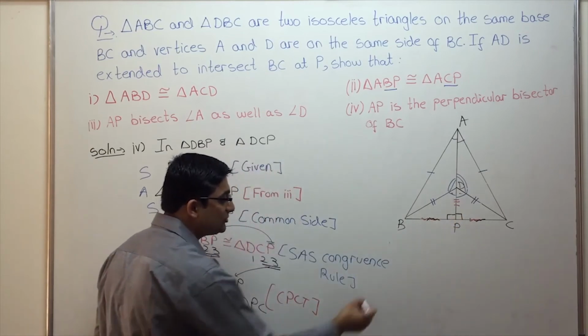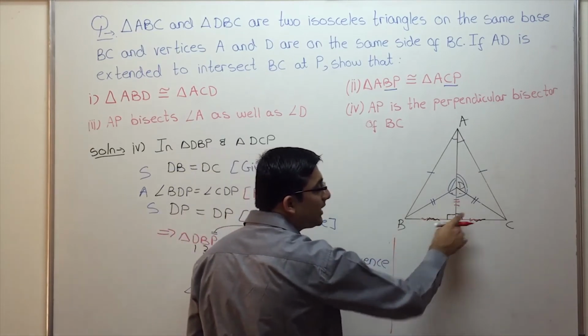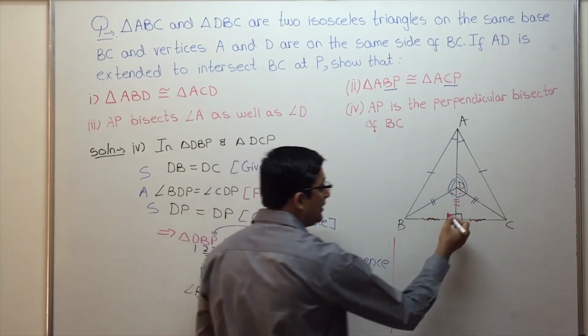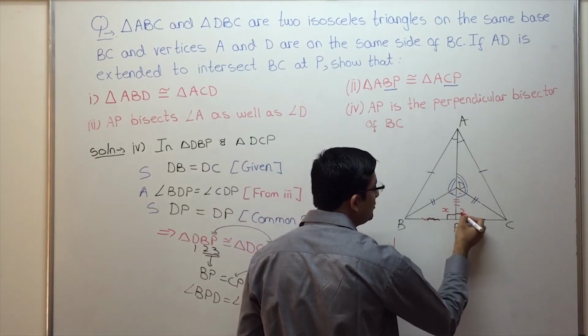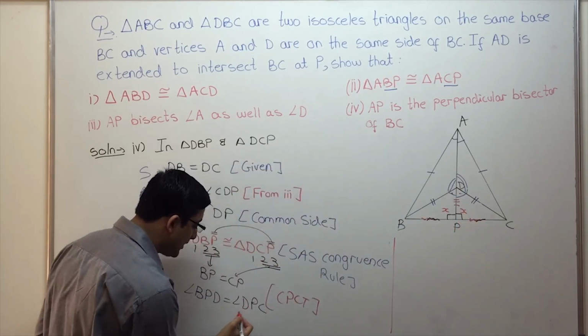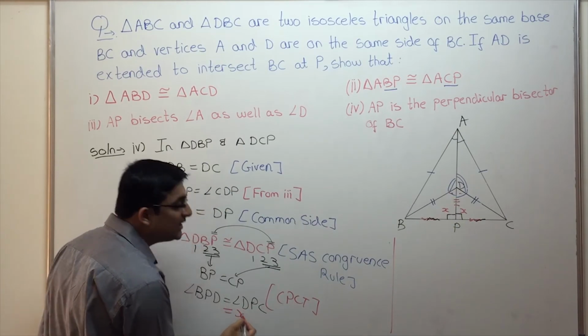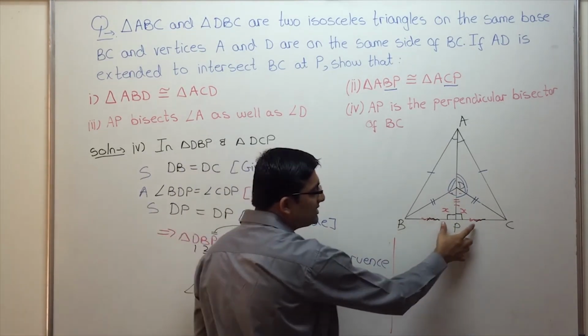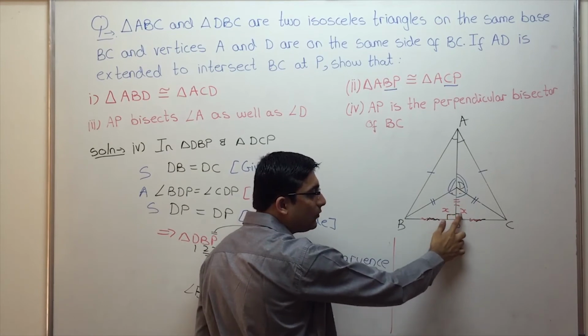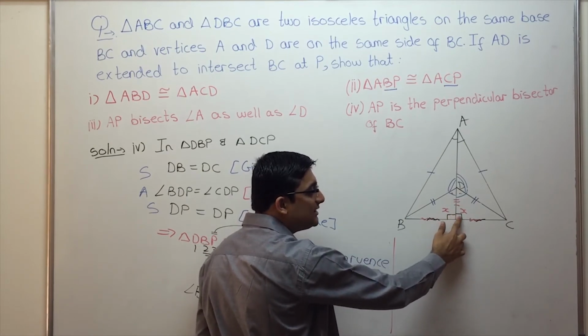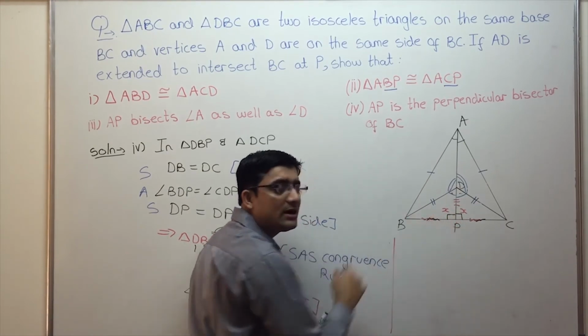two angles are 90. So how do we show it? See, we have shown these two angles are equal, right? So let's say this is X, so this will also be X. We just showed these two angles to be equal. So let's say both the angles are equal to X. Now what is BC over here? It is a straight line. What are these two angles? Two angles next to each other on a straight line. So these two angles form a linear pair.